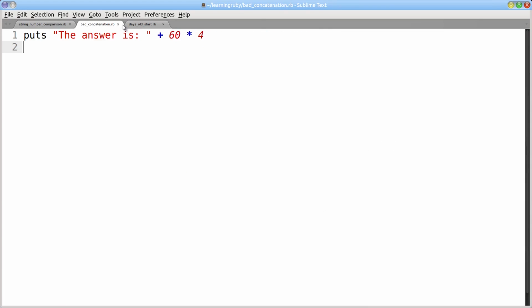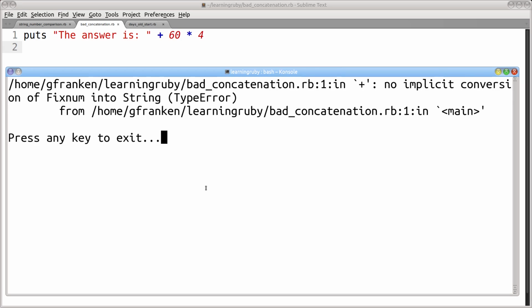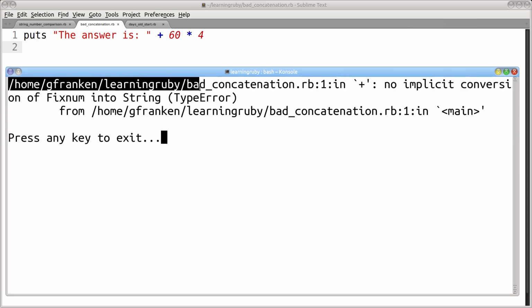An issue that oftentimes comes up in programming is using the concatenation operator to join a string to a number. Here's an example which has an error. So we'll go ahead and run this to see what happens. Part of the purpose of running this is to show you what an error message in Ruby looks like. We have the path and the file name,